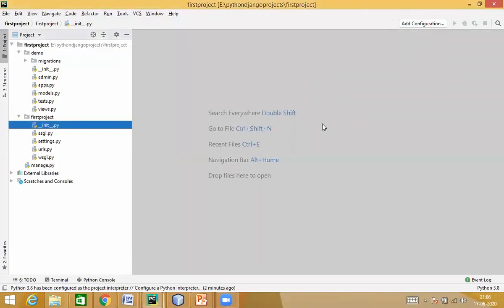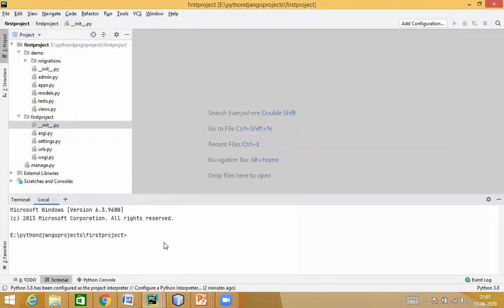Okay, now that we have opened this particular folder, we will check whether all is good, all is working fine. What I'll do is I'll click on the terminal. See, bottom left corner, I find this terminal. I'll click over here. Now this is where PyCharm is really good. It provides me the interface now. Now I don't need to go to DOS prompt and run my command. I can do this over here. See, it by default opens in the project that you have selected. I'm just checking if all is working fine over here.